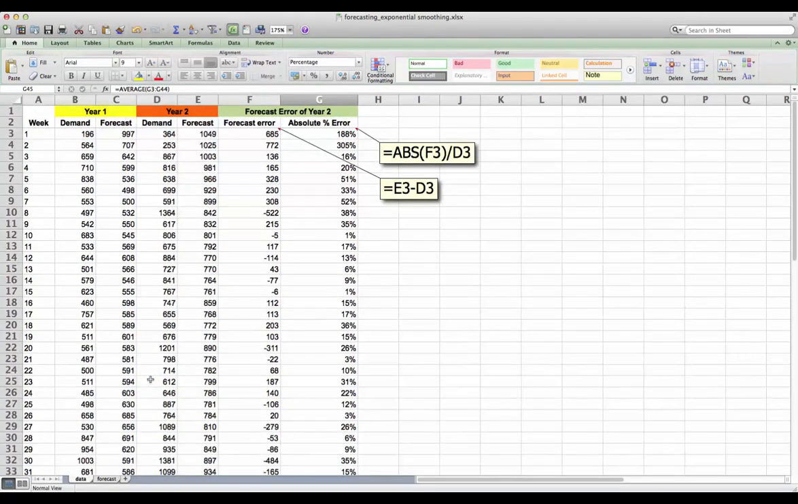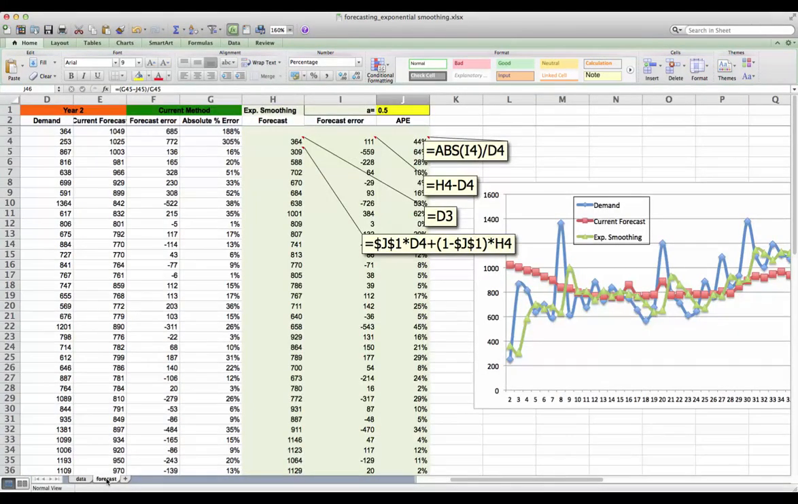Now, what is exponential smoothing? Here I have a spreadsheet. In exponential smoothing, you need a smoothing parameter. Here it is between 0 and 1. I just chose the middle point, 0.5, and you start off using the demand from the past period, but onward,